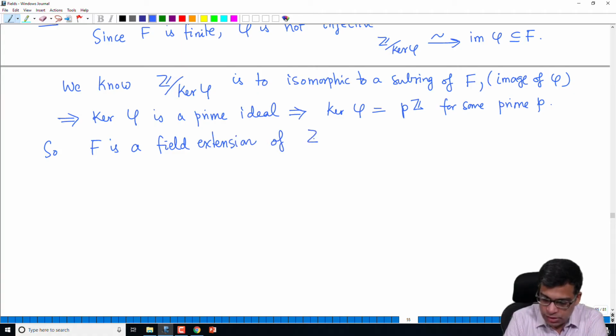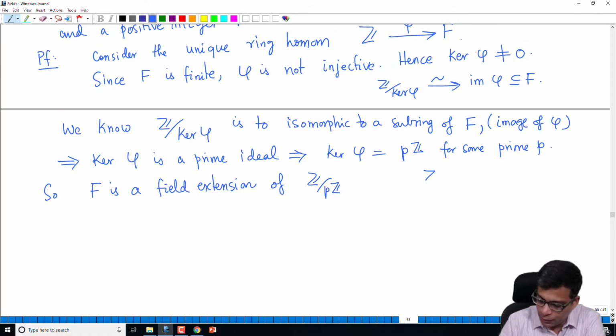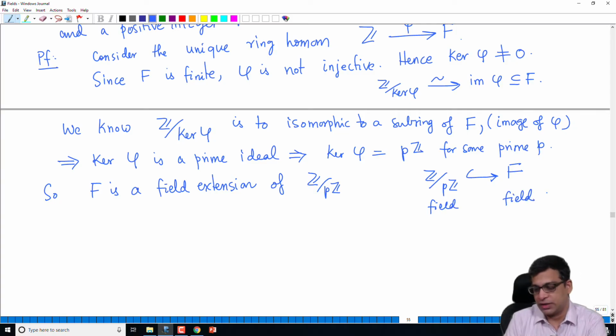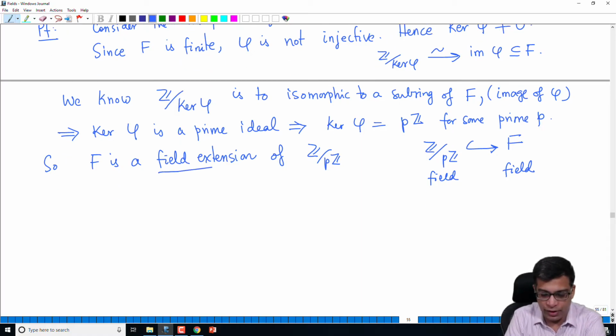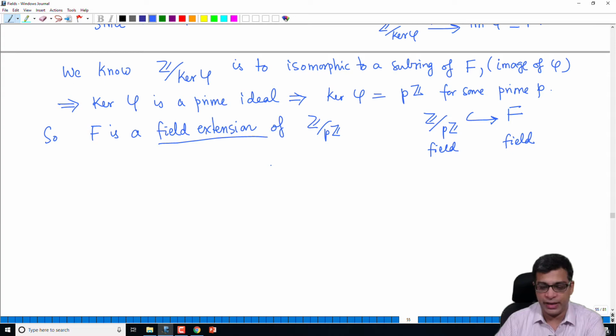of Z mod pZ, right? Z mod kernel phi, which is Z mod pZ, is injective, it sits inside F. Now this is a field, this is a field. And what do we call such a situation where we have a field contained in another field? That is what we call a field extension. So F is a field extension of Z mod pZ. Suppose